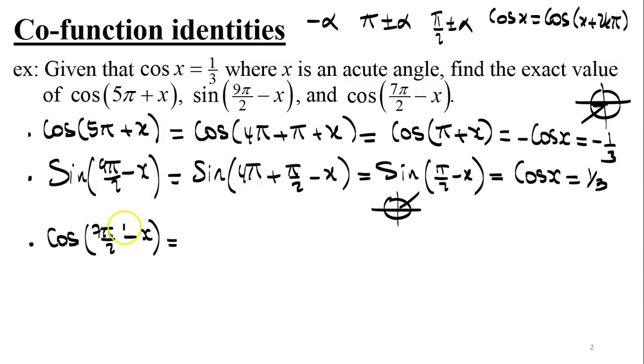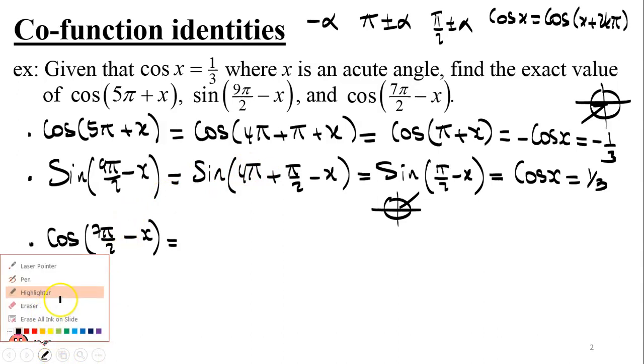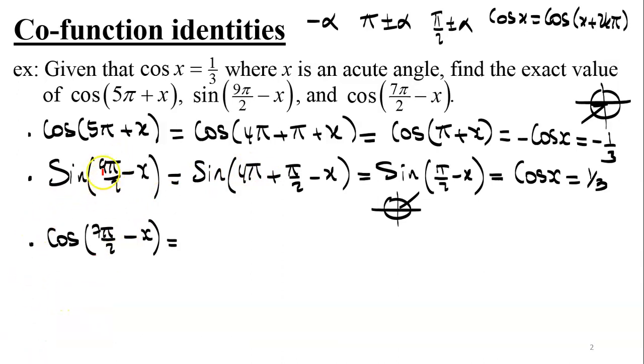However, if I were to do the same thing I did for the previous one, what I did is split 9 pi over 2 into 8 pi over 2 plus pi over 2, where 8 pi over 2 is in fact 4 pi, which is a multiple of 2 pi, which helps me disregard these full